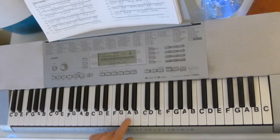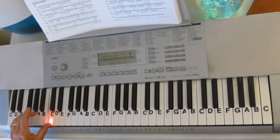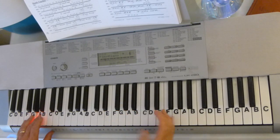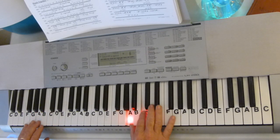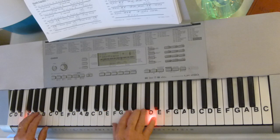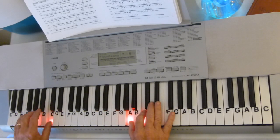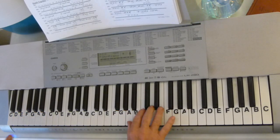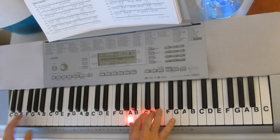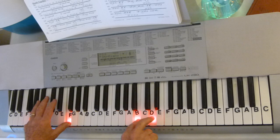Now this time I wait. I don't put this together. I wait for that A, because that's what they do. And then you come in and make these quicker. So it'll sound like this. Wait for that A, then go to the A, and then go from the, so